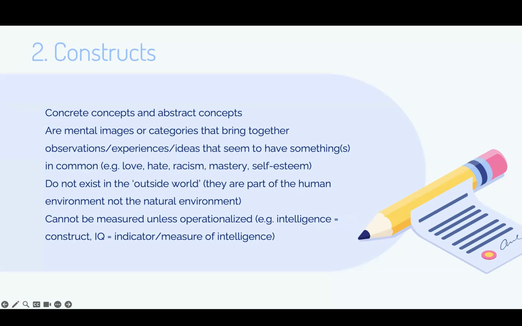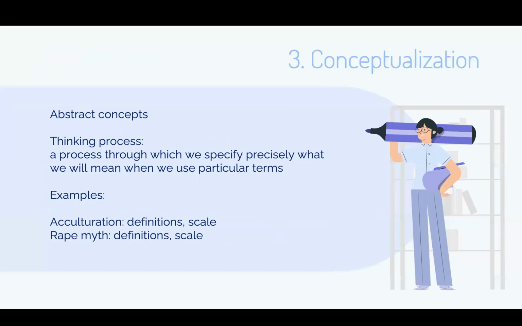Concrete concepts usually exist in the outside world and are tangibly things like a chair or a rock, or the number of times someone has been arrested. These are concepts that are not questionable. Abstract concepts are categories of things we cannot directly observe or quantify directly, like moods or mental states, happiness,